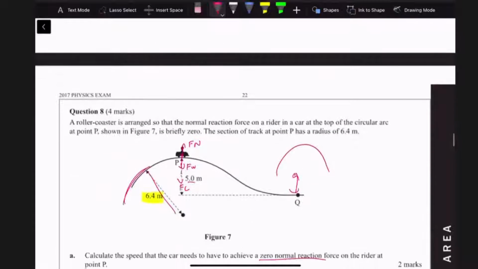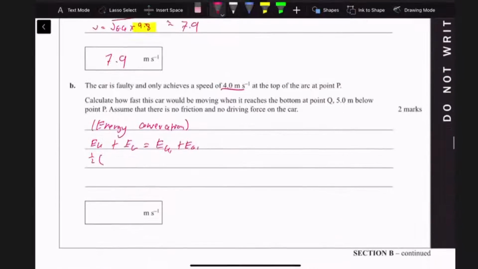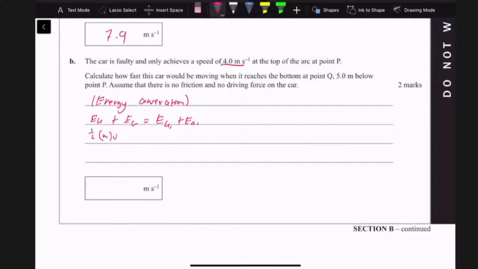The mass is not needed because if we expand everything,